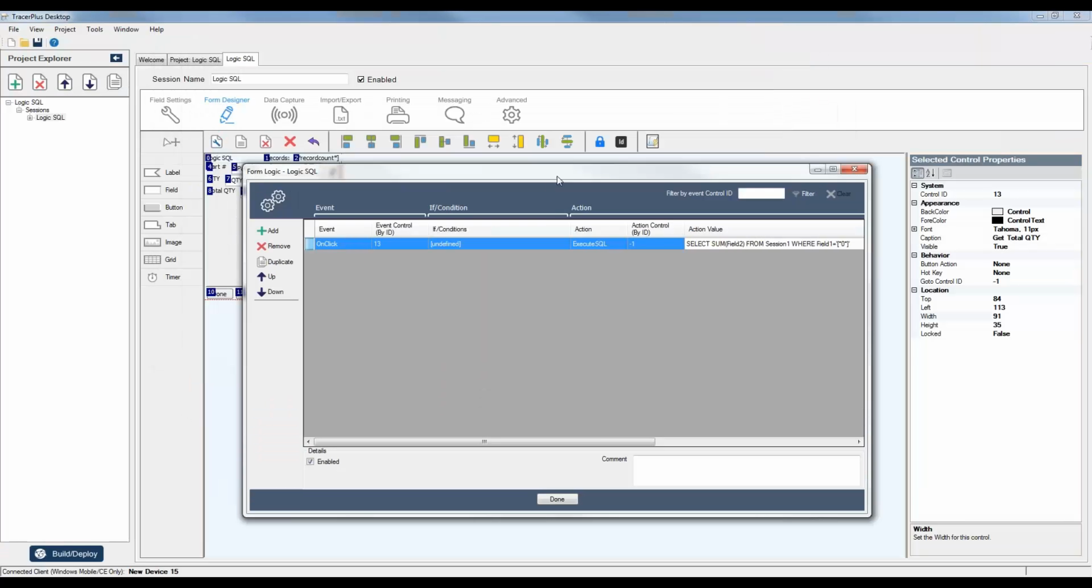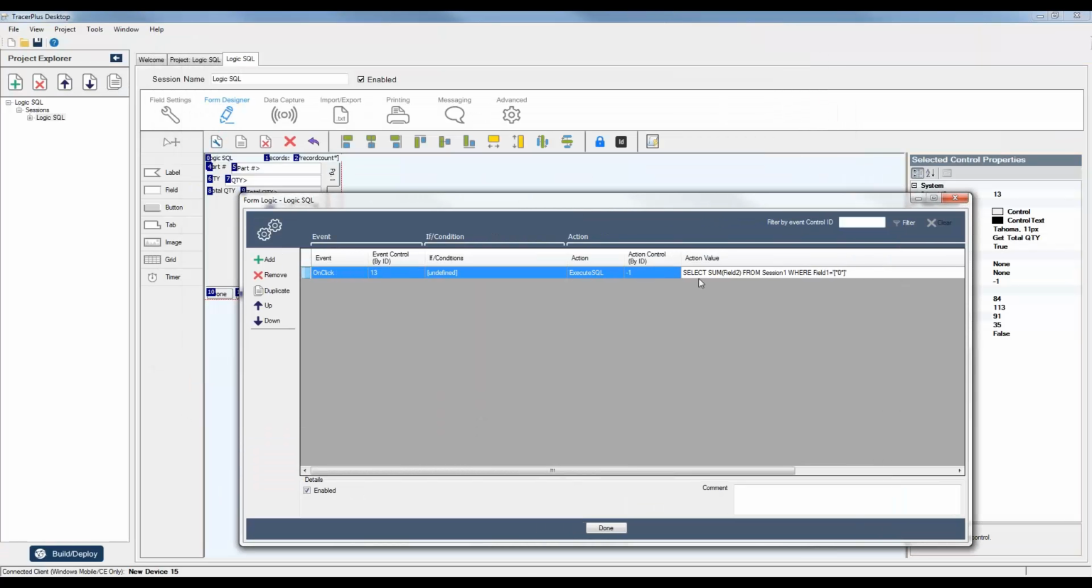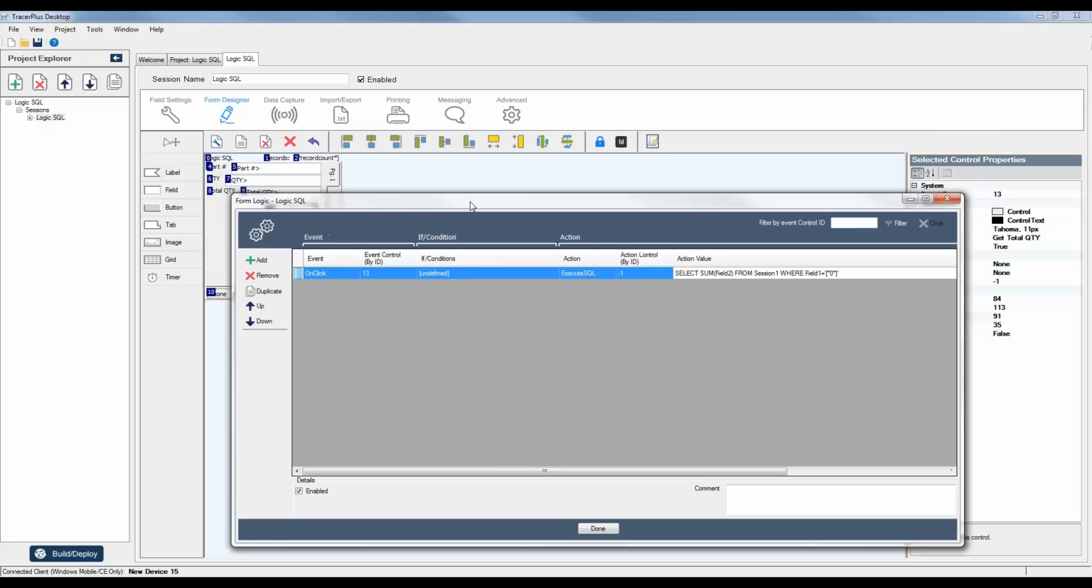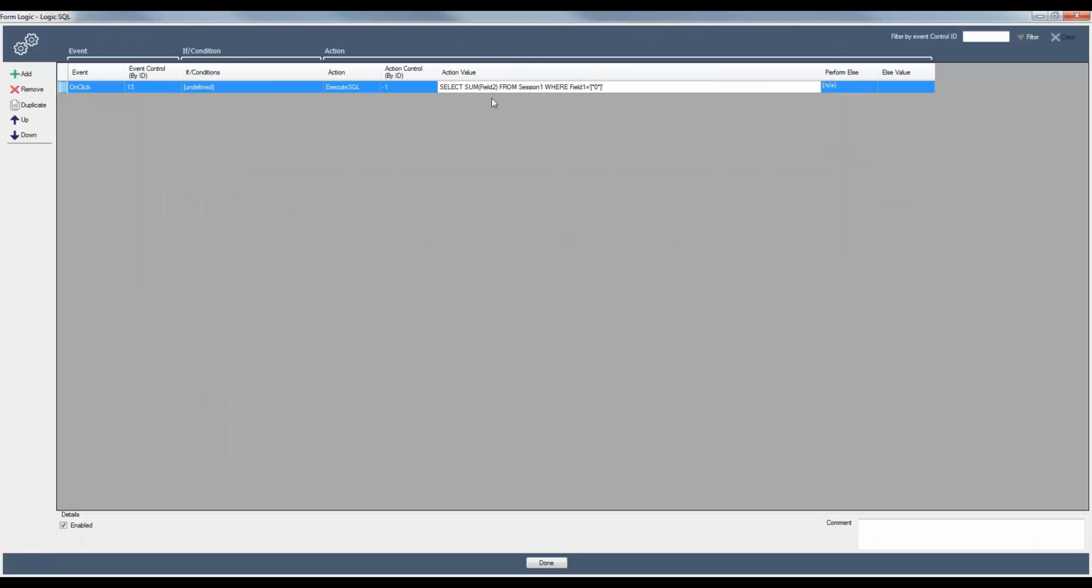Okay, so you can see here, this is saying select the sum, or sum up the values in field 2 from this current session, from session 1, there's some space there, right? From session 1 where field 1 equals 0, the field token 0, meaning the currently entered value there. Now, one thing I need to note here is that this one actually won't work the way it is. The fields within the TracerPlus table are all varchar fields. They're all string type fields. They're not